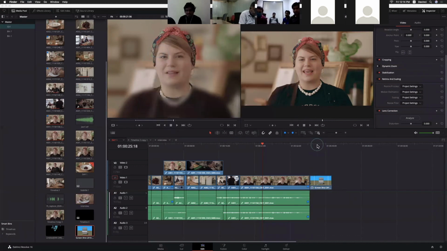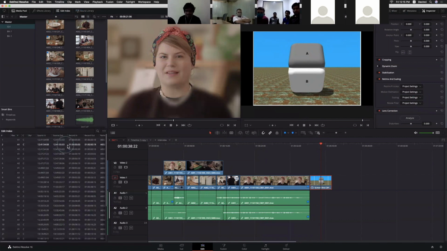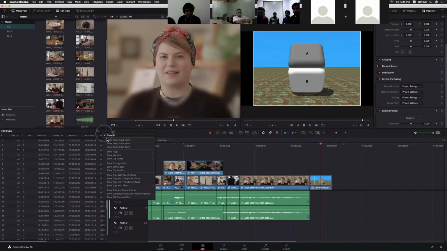This image has a different resolution. This is what you are asking for, right? Yes. You need to select that particular clip, or you can select all the clips within the timeline by using the Edit Index window. If you have proper metadata, we can select all those clips.